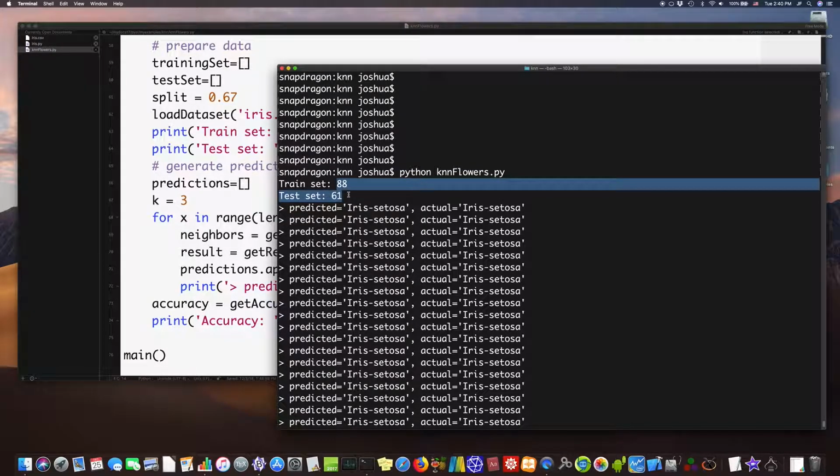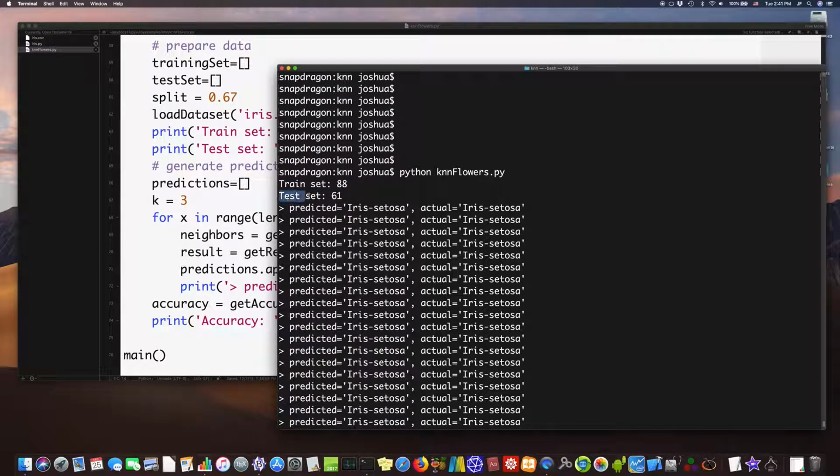It uses these 88 to train, and then it tests our system with 61. This is called a lazy learning system. It uses these 88 training set to learn how to classify flowers, and with the remaining 61, which are randomly generated, it tests